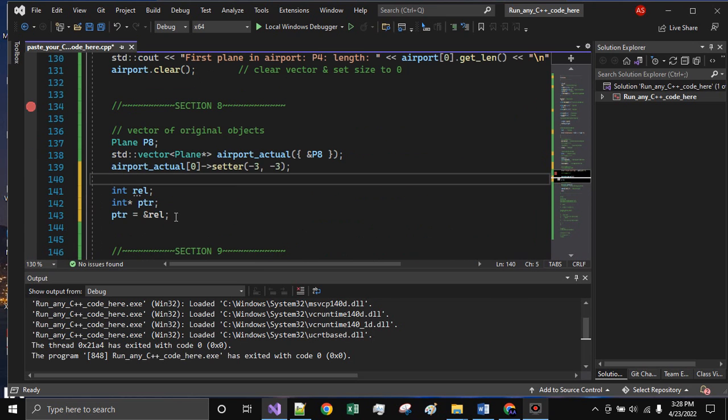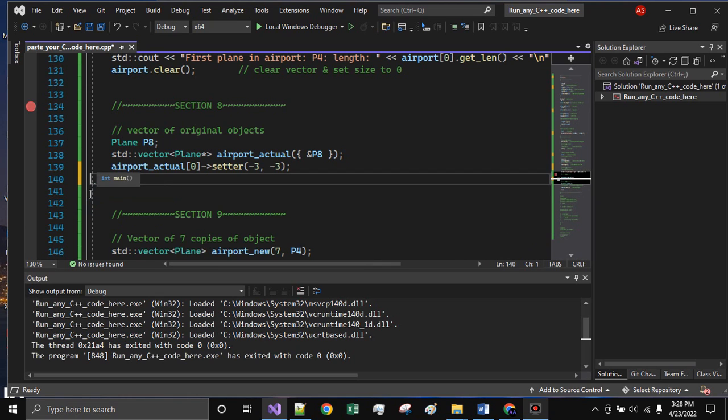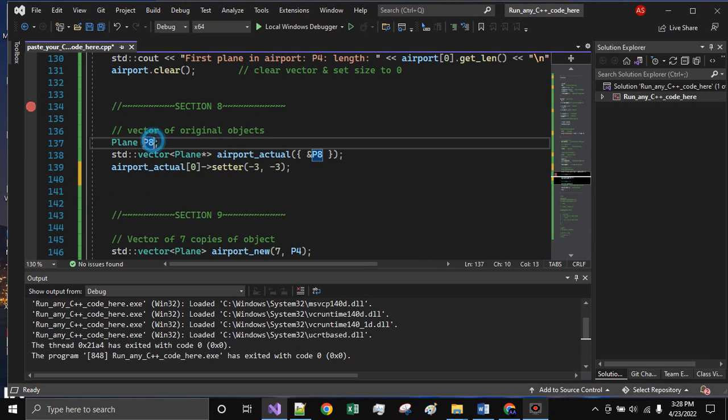Okay, this is separate from the rest, but basically if I have an integer and I want a pointer, here we're creating a pointer to an integer. Now we would set the pointer as the address of the integer. Now the pointer points to it. So kind of the same concept. You would have a vector of pointers, and we would set the first element as the address of that, and then of course we can add more